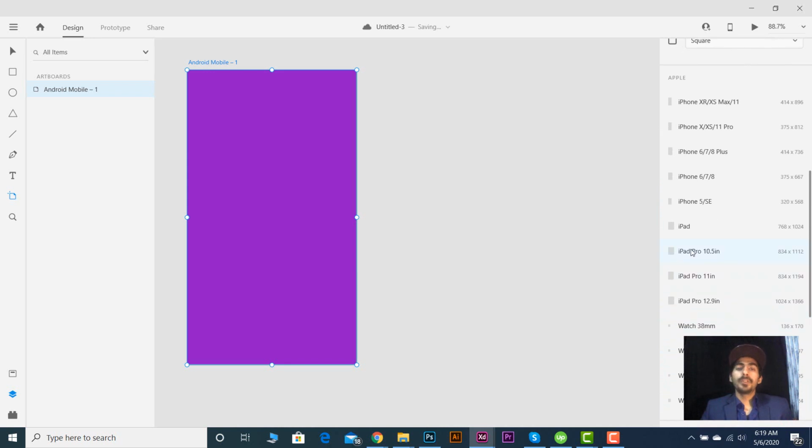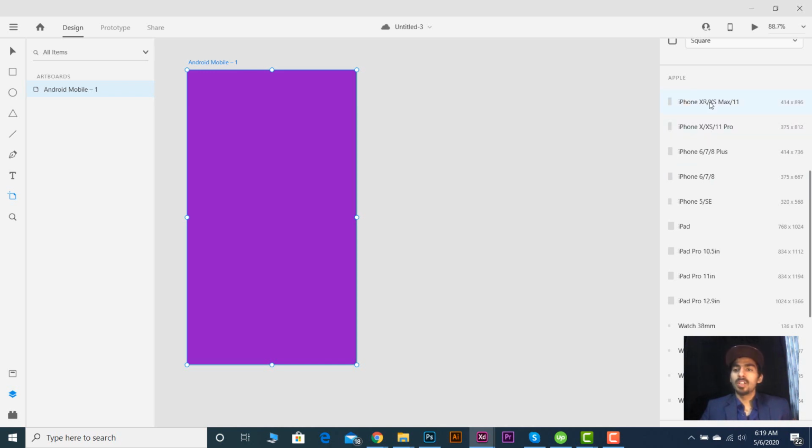By this artboard tool we can create an artboard within the document, instead of creating a new document, and place our designs or design any website or application on it.